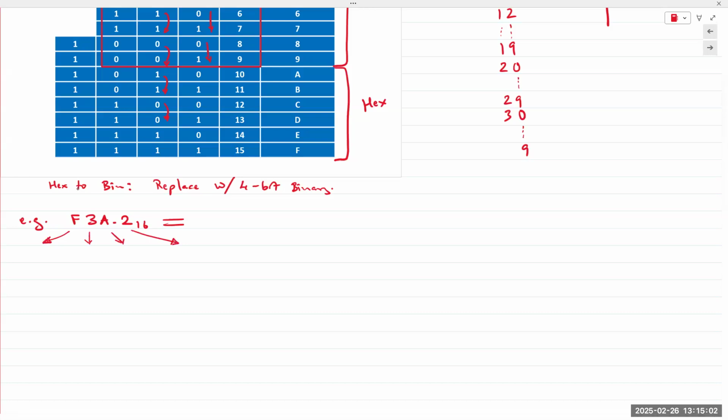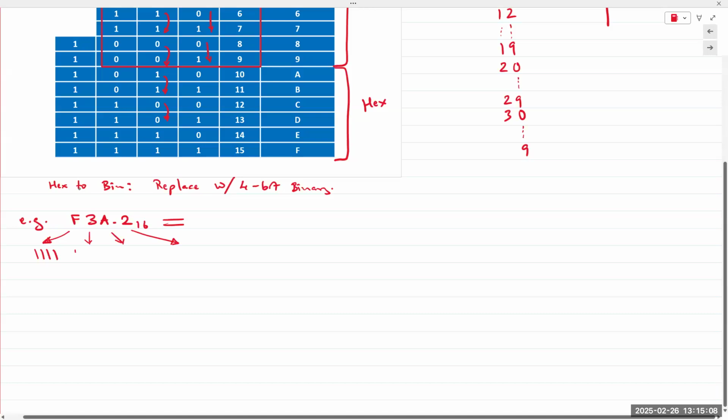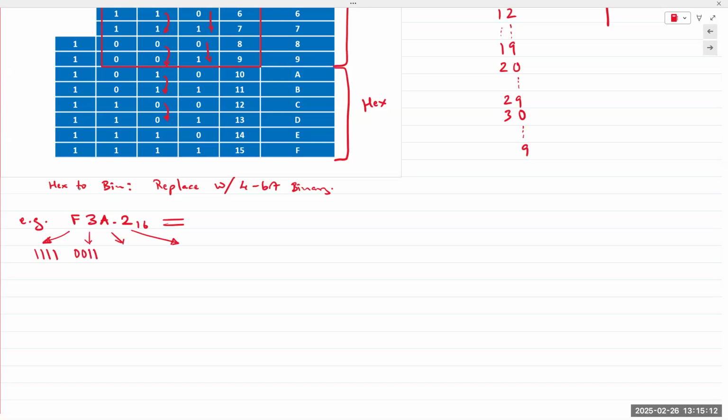F is represented with 1, 1, 1, 1. 3 is represented with 0, 0, 1, 1. A is 1, 0, 1, 0. And then 2 is 0, 0, 1, 0. So the binary equivalent of F3A.2